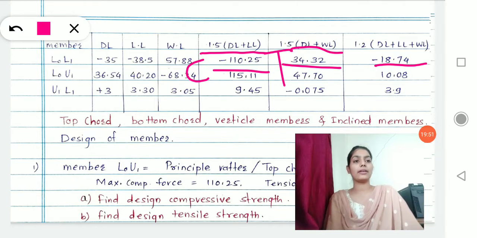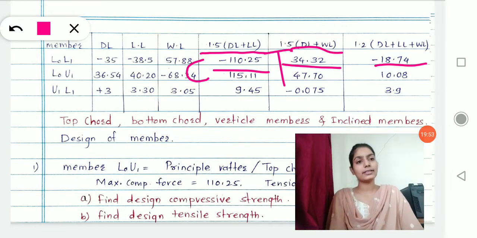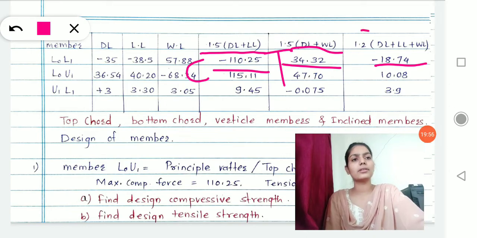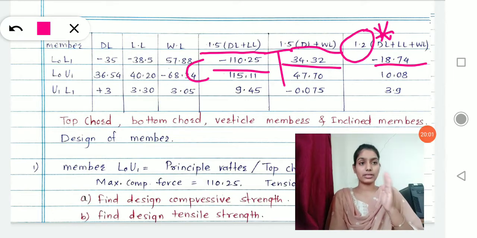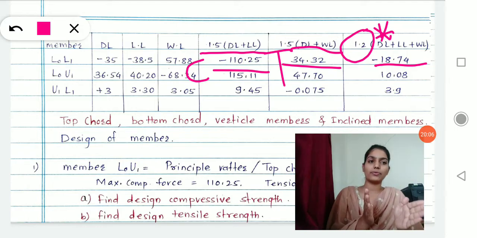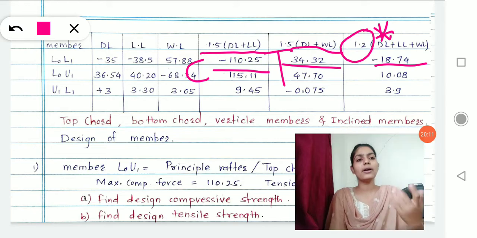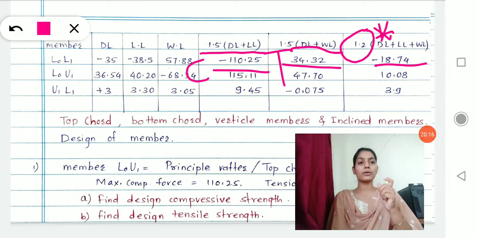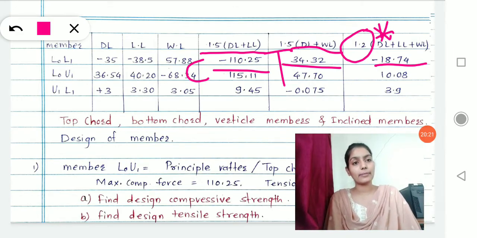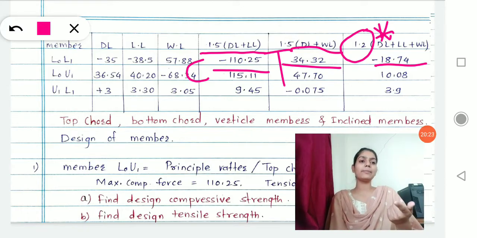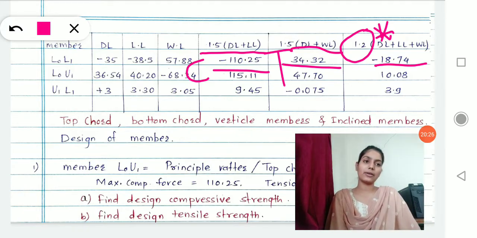In the next, if I add 3 of the forces at the time, you must focus over here that the load factor changes. Load factor is reduced down to 1.2. From 1.5 you reduced your load factor to 1.2, and now you are adding 3 of the forces. Now why is the load factor reduced? Load factor is reduced because you are adding 3 different types of forces at the same time. And why do we multiply our force with the force factor or load factor?